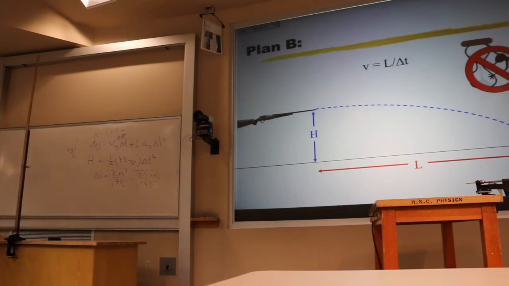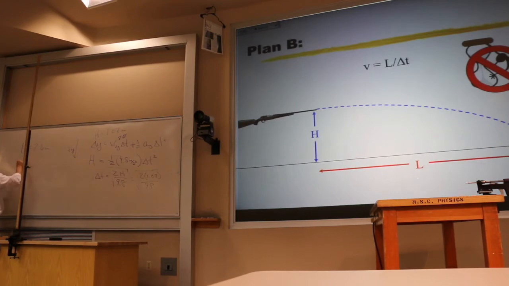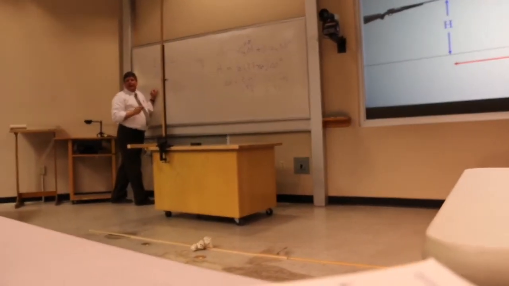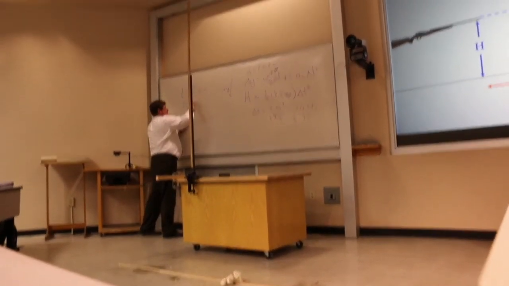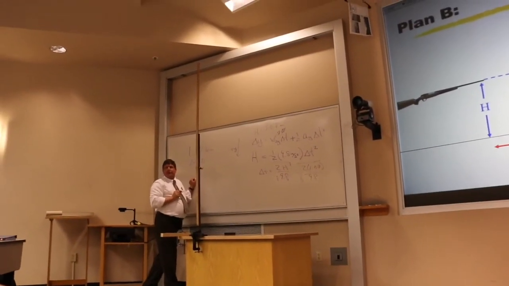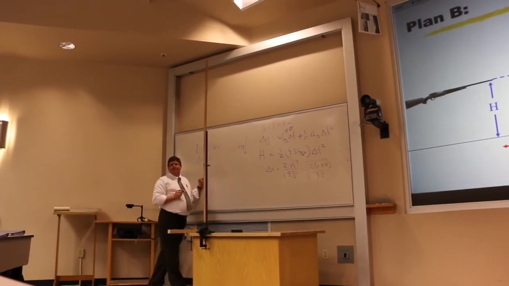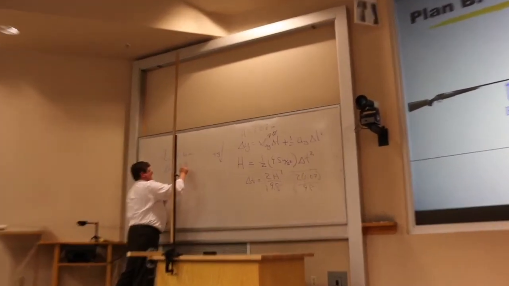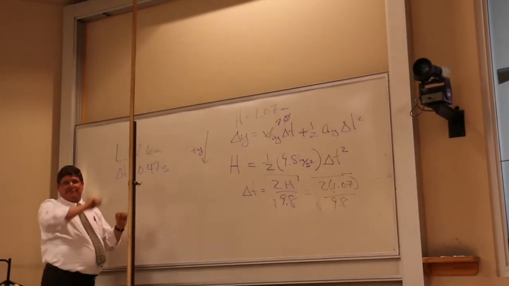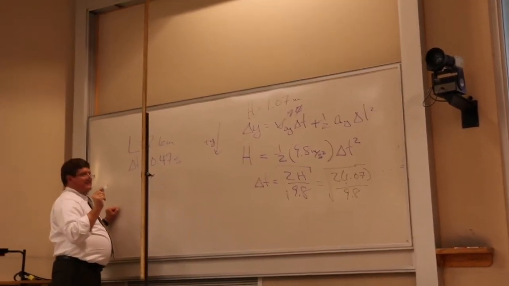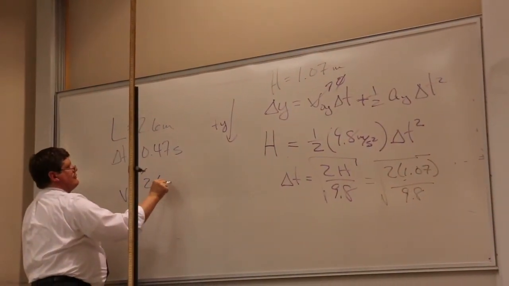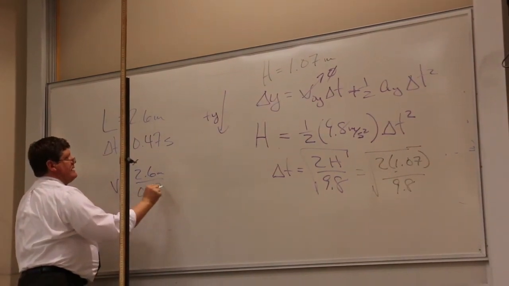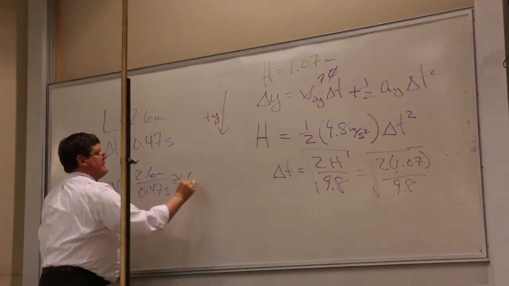2.6 meters. So L is 2.6 meters. Delta T is, what did we get? 0.15? 0.47. 0.47 sounds right. Okay, did you square root it? Yeah, this sounds right. So that means a velocity of 2.6 meters over 0.47 seconds, or around 6 meters per